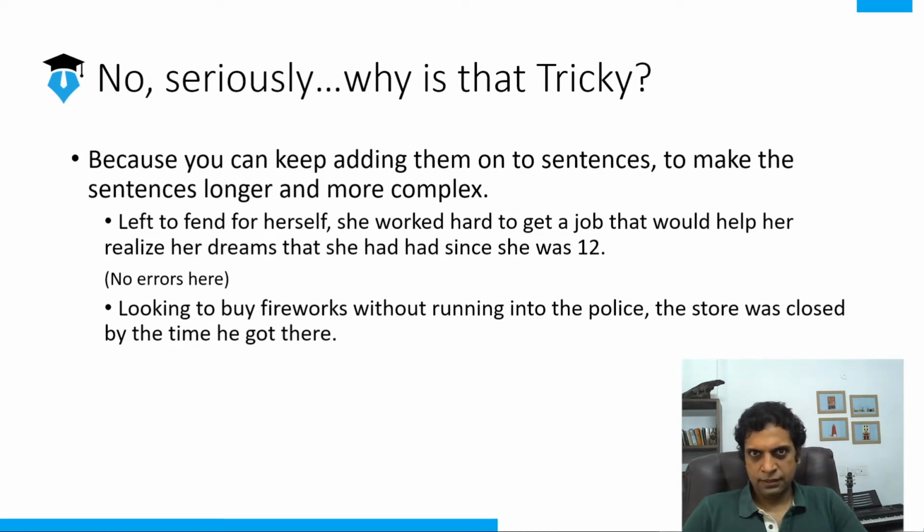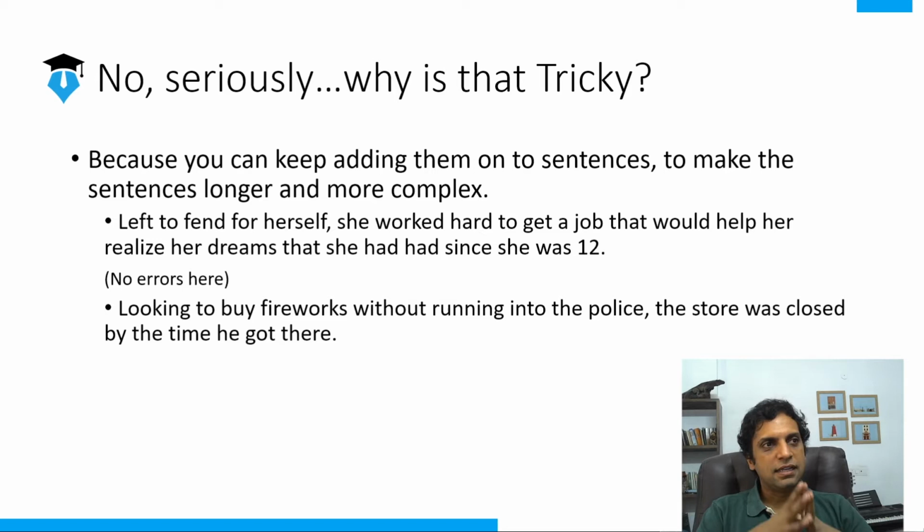It's a person, right? Is there any person mentioned in the sentence? You have a hint. There's a he. So there is a pronoun. So from the context of the sentence, it seems like he was looking to buy fireworks without running into the police. Yes. Having said that, where is the modifier placed in the sentence? Next to the store. Was the store looking to buy fireworks without running into the police? Obviously not. We know that from context. Stores don't walk. Hopefully not. It's 2020, you never know.